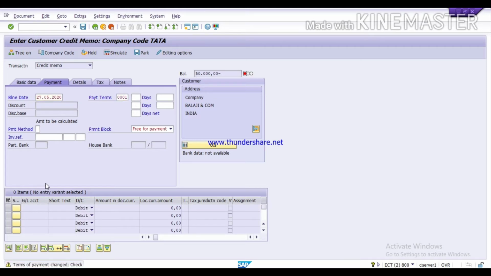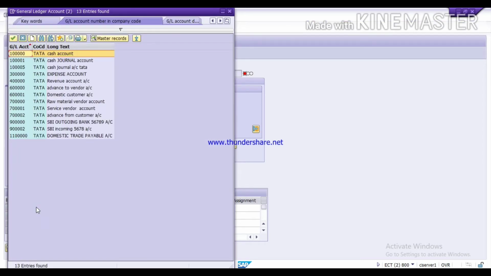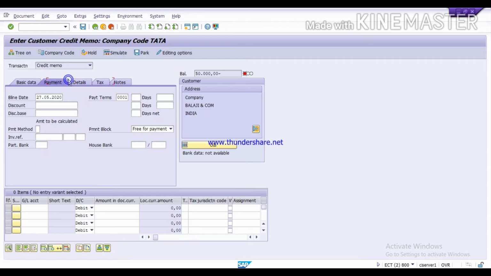Now we will select the GL account, press F4 key. Here select your GL account for the amount 50,000. Give the value date 27th May.